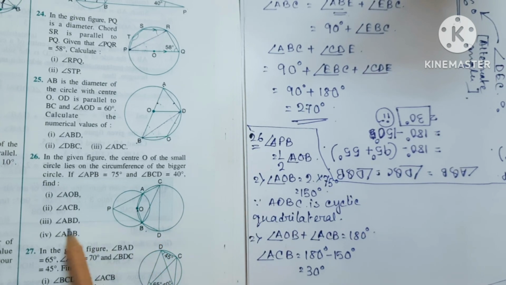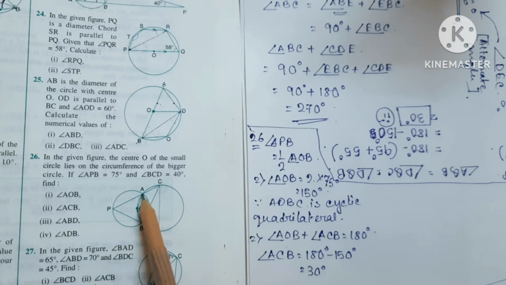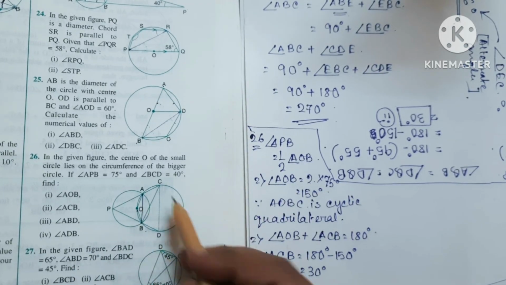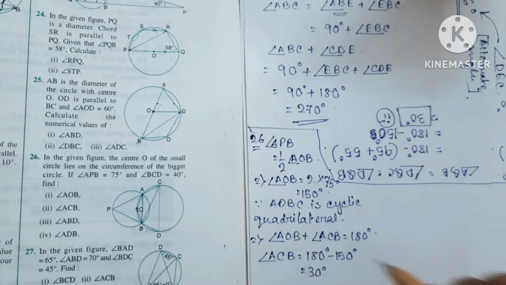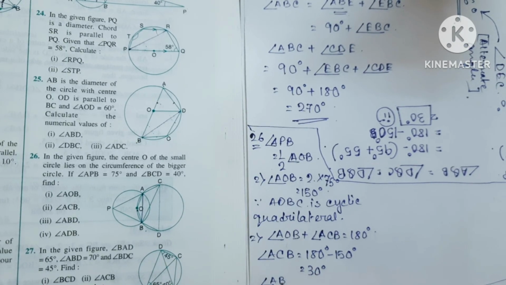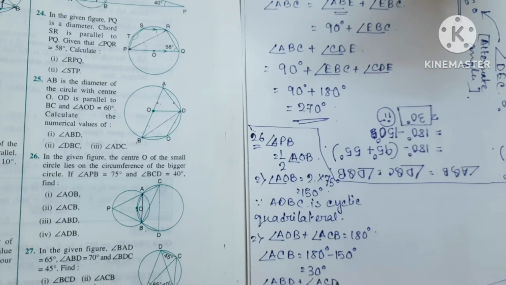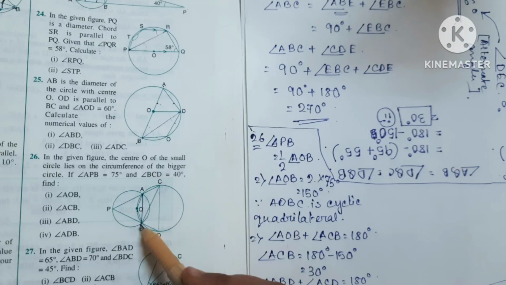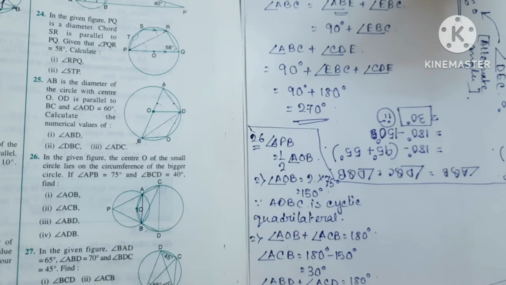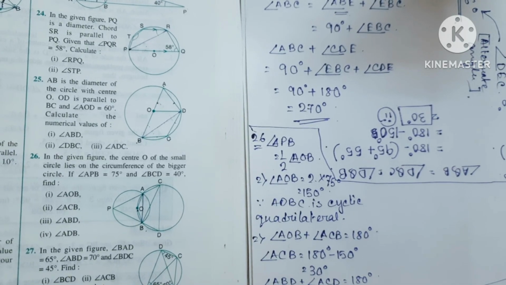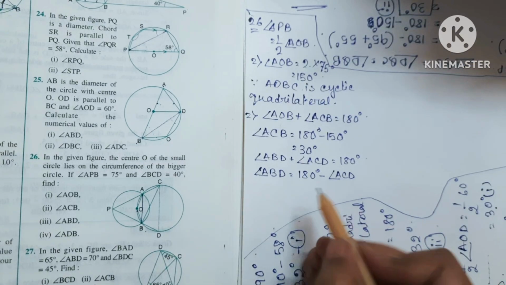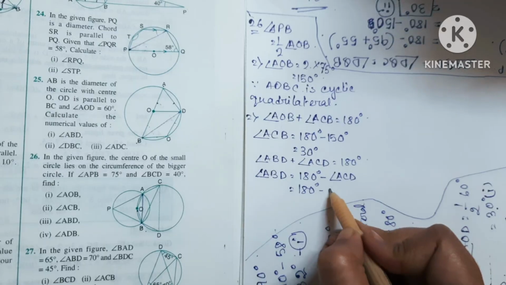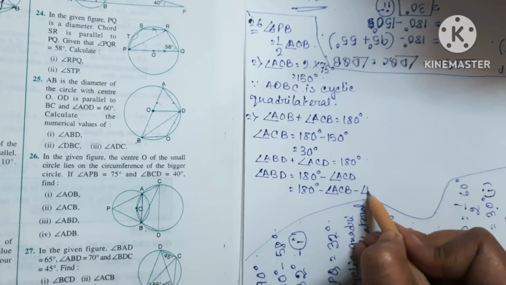Very good. Now see, you have to find out ABD, right? This one. So you can join AB. So ABDC is another cyclic quadrilateral. So angle ABD plus angle ACD is 180 degrees. Now angle ACD means angle ACB plus BCD, right? So angle ABD is 180 degrees minus angle ACD. Now 180 degrees minus ACD means ACB minus BCD.